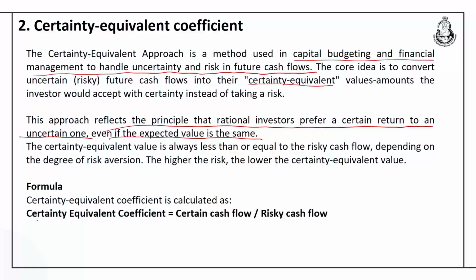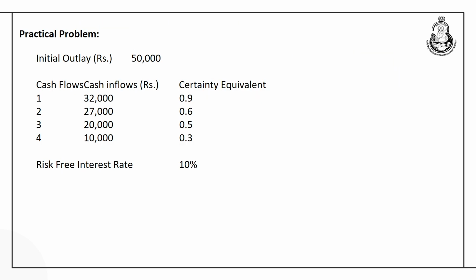So, in this case, the expected cash inflow would be converted into certain cash flow. And how can we achieve this? We can get the certainty equivalent coefficient by dividing certain cash flow by risky cash flow. This is the method which converts the risky, expected cash inflow to the certain cash flow, and the same value of alpha would be used to convert all the expected cash inflows to their